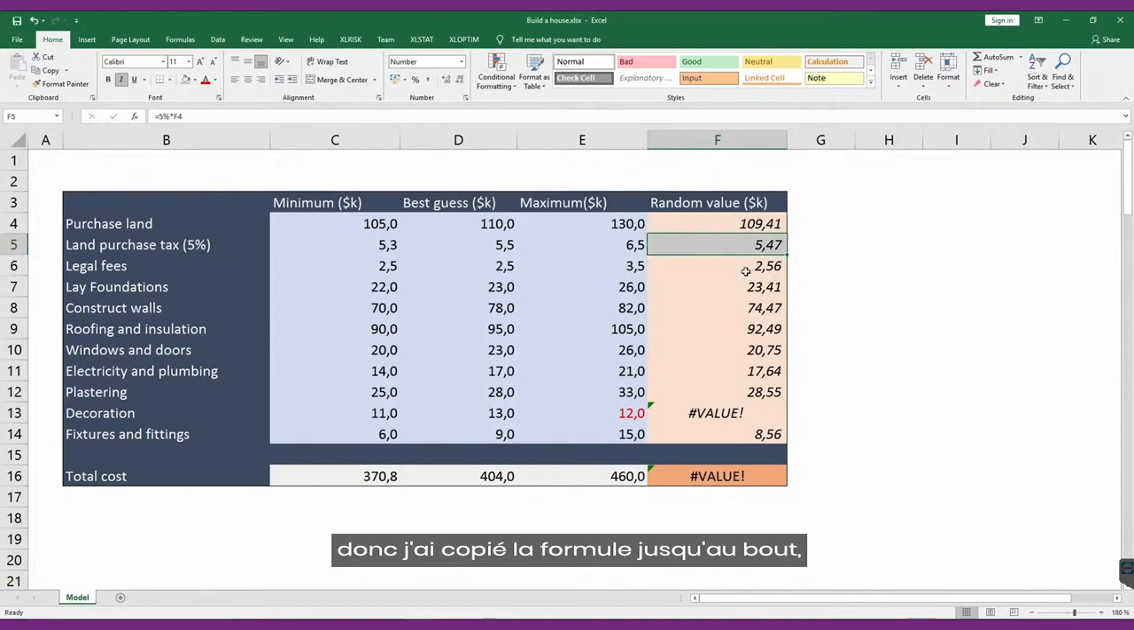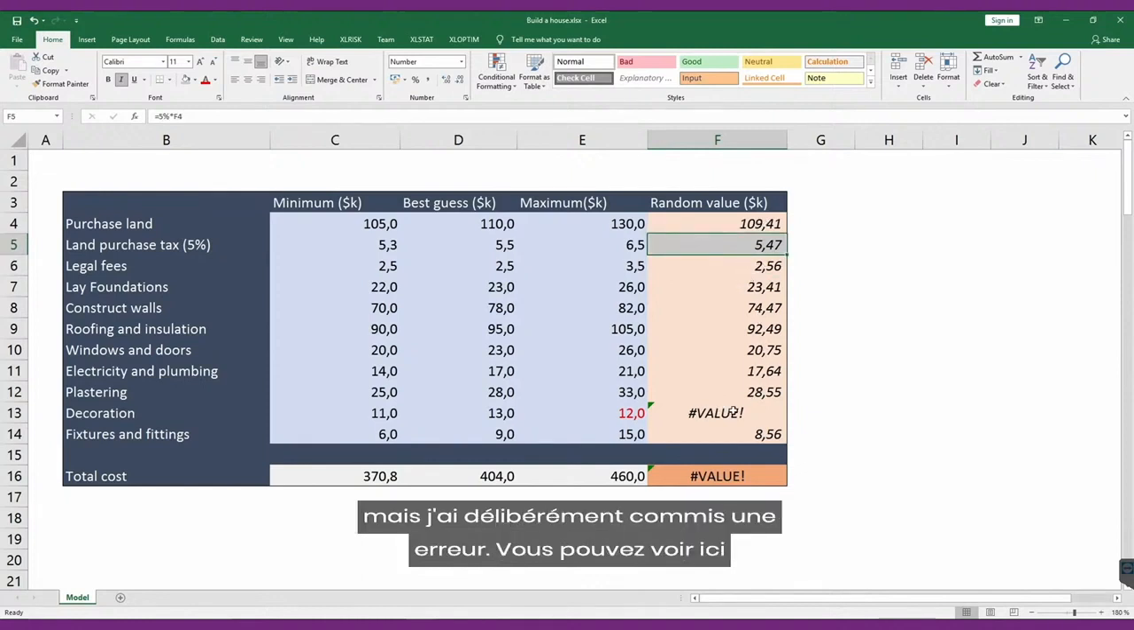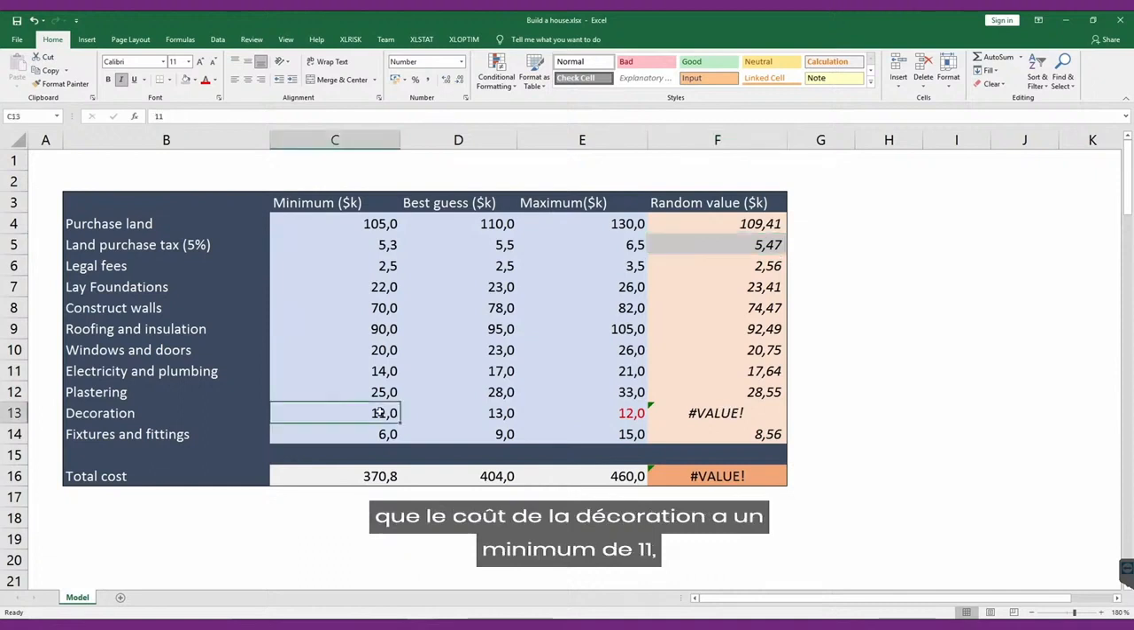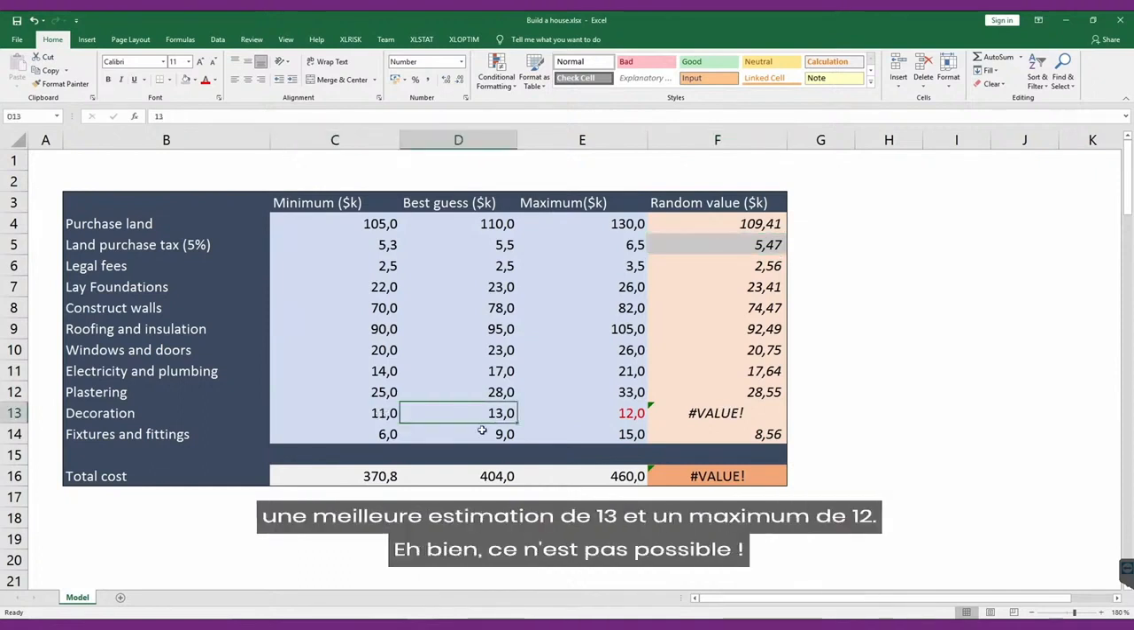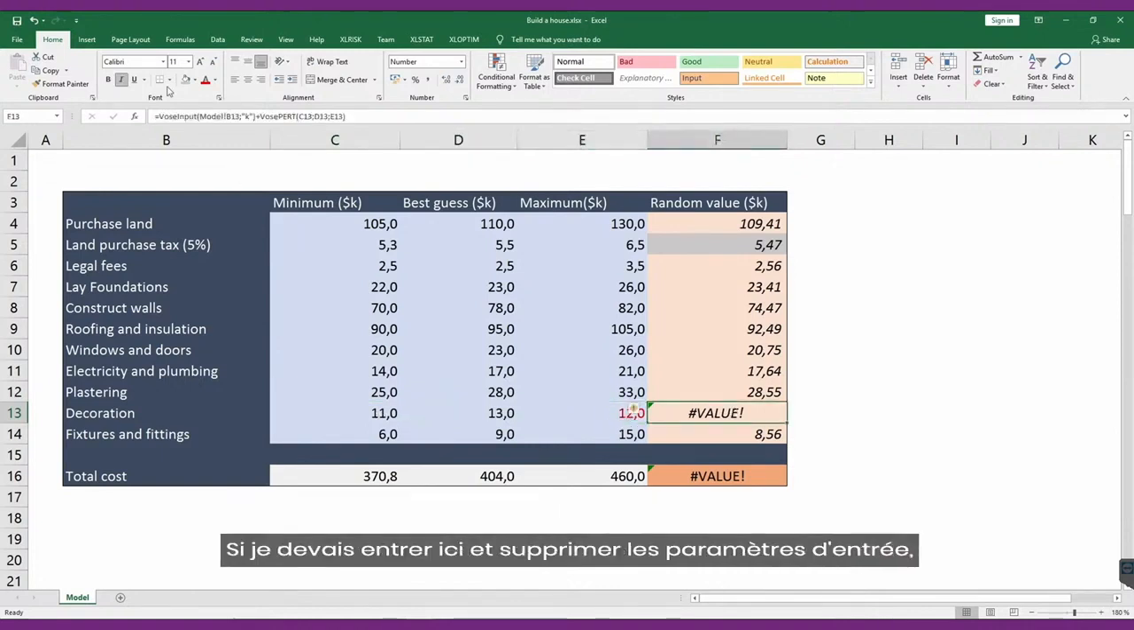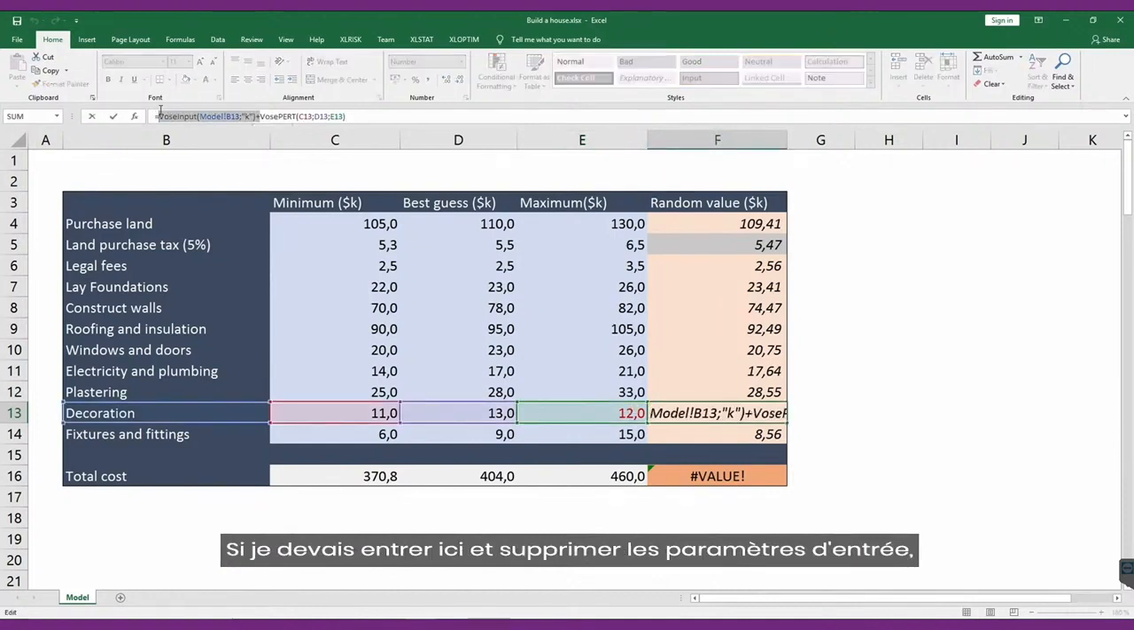So I've copied the formula all the way down, but I've deliberately made a mistake. You can see here that the decoration costs, I've got a minimum of 11, a best guess of 13, and a maximum of 12. Well, that's not possible. If I was to go into here and delete the Vose input part,